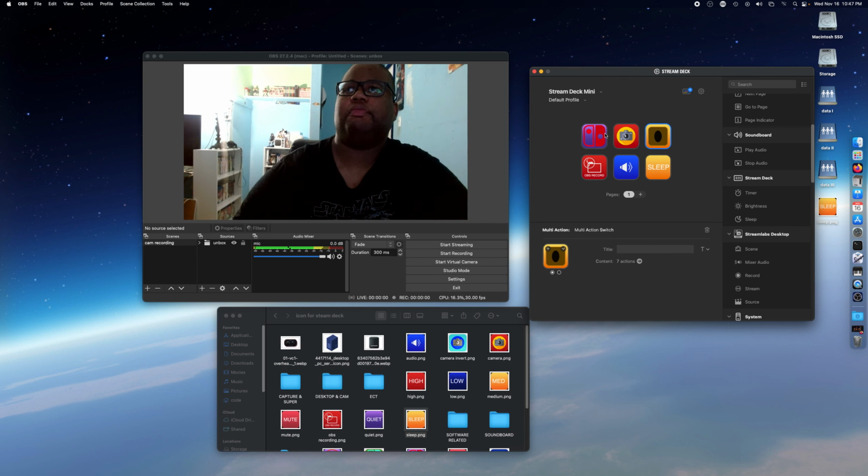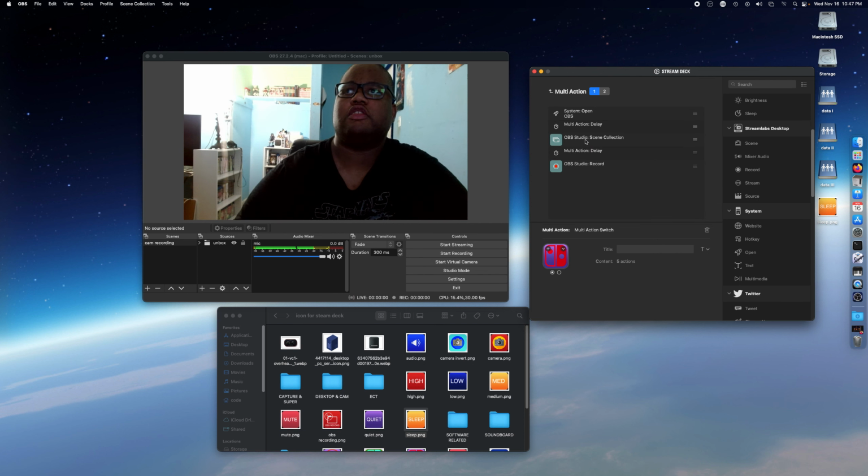When I press this button right here, where my mouse is, the Switch one, OBS will be closed because it closes automatically each time I do this. I'm not actually going to show you, but basically,